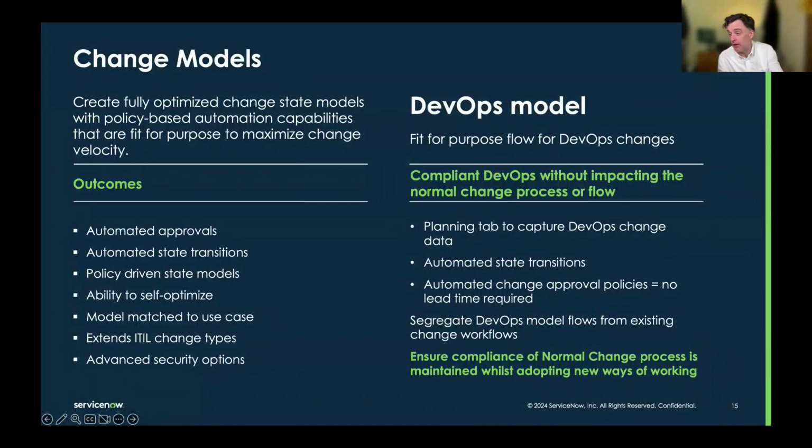And other things as well. If there's a P1 in production right now, it may not be appropriate to start rebooting servers, even though that's normally a standard change. So what I'd like to see is an extension of the use of templates within ServiceNow change, so that we can begin to start looking at having that. I think it was on the slide previously, I'll click on it before, we had